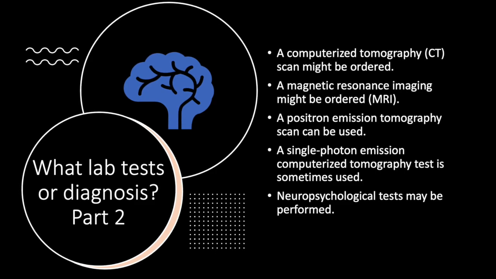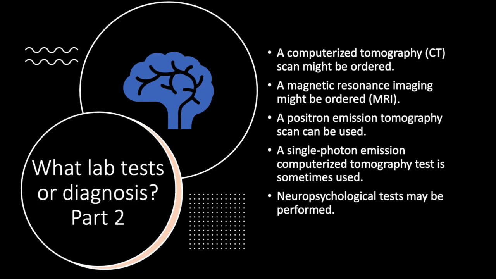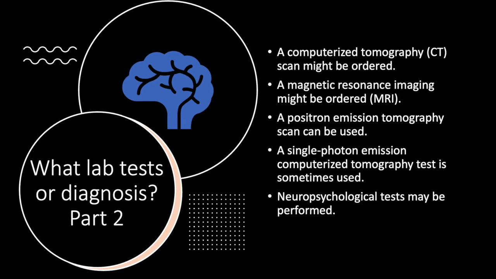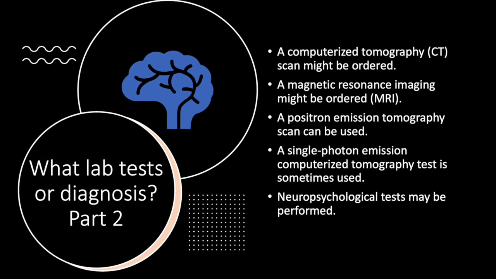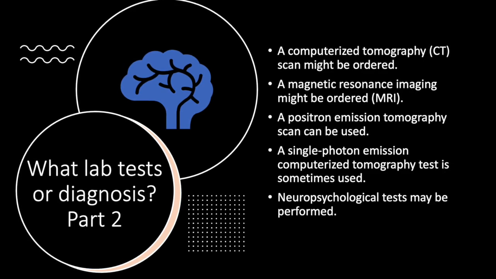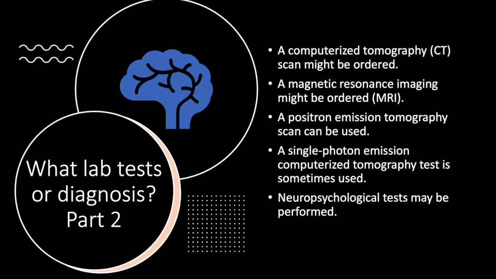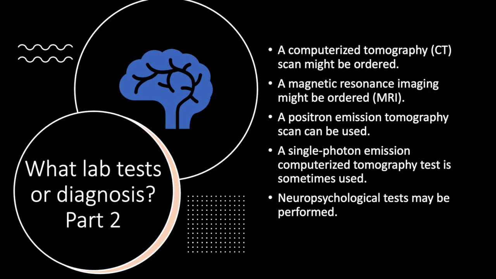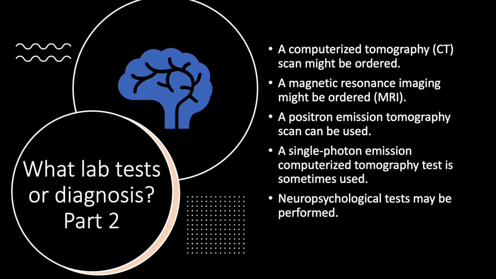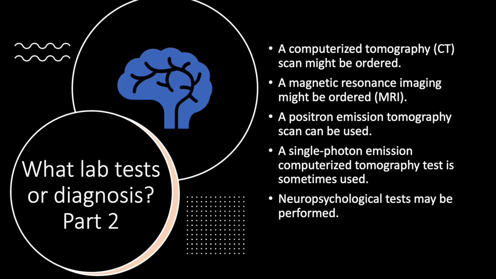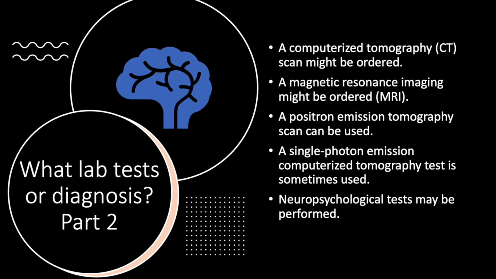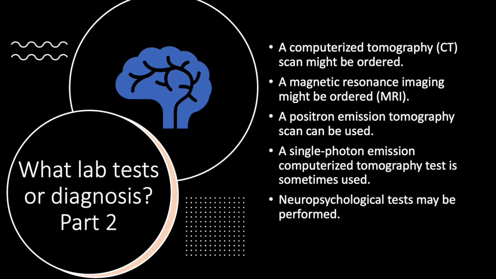An MRI could be performed. It uses powerful magnets and radio waves that will create a detailed image of the brain. It helps to detect lesions or abnormalities in the brain that could be causing the seizures. A functional MRI can also be performed to measure changes in blood flow that can occur when specific parts of the brain are not working. It might be used before surgery to identify exact locations of critical functions like speech and movement in order for surgeons to avoid those places while operating.